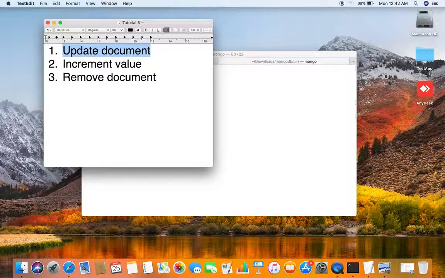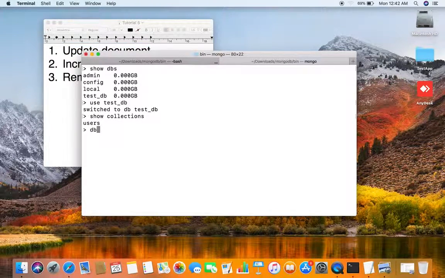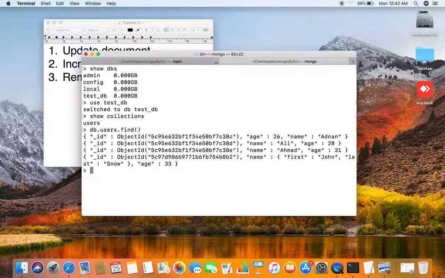In this video, we will first cover the update document. For example, I have this record and I want to update some row. For example, I want to change the name. The syntax is